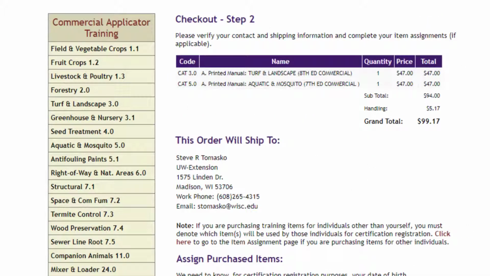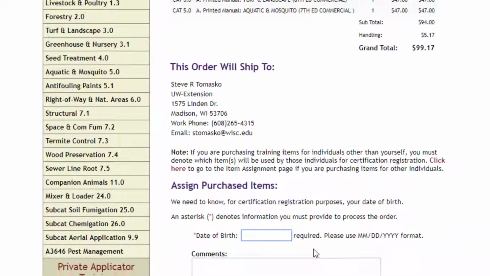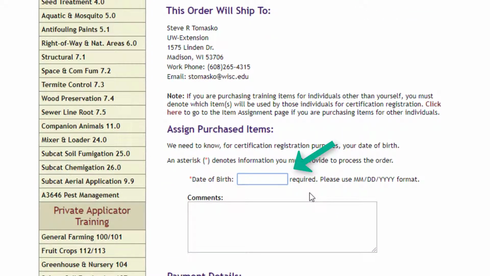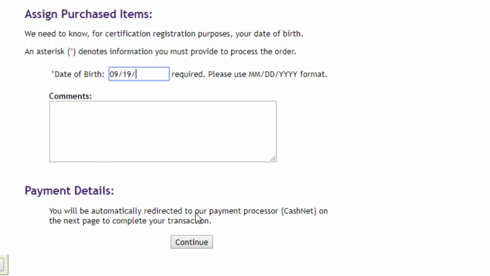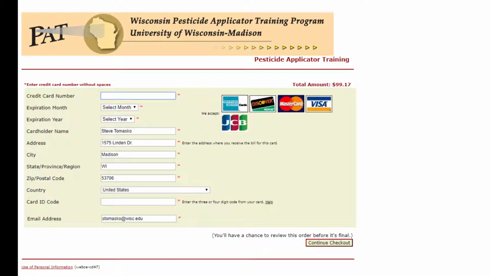Here it's showing us the information we've already entered, our name, address, etc. But note, here is where we get an additional question, our birth date. Again, this is important because this is part of a state certification and licensing process. So we'll add our birth date here. Use the comments box below if you have any specific shipping instructions or other information. We will click Continue, and that takes us to a secure site that the university uses, where you then enter